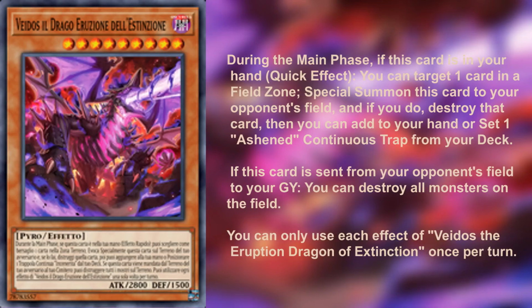this card. Vados, the Eruption Dragon of Extinction. Part of an archetype, but don't worry about it. It's a hand trap for now. Which is a level 9 Dark Pyro monster with 2800 attack, 1500 defense. Its effect is that,